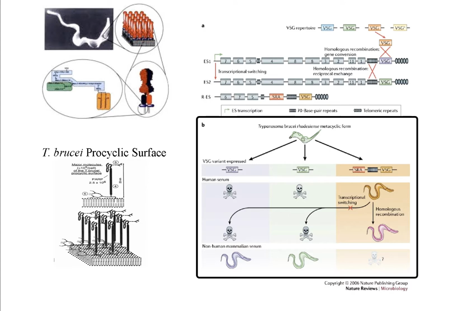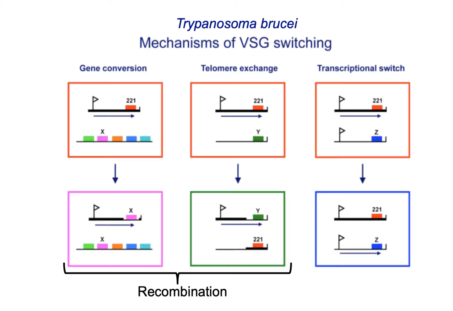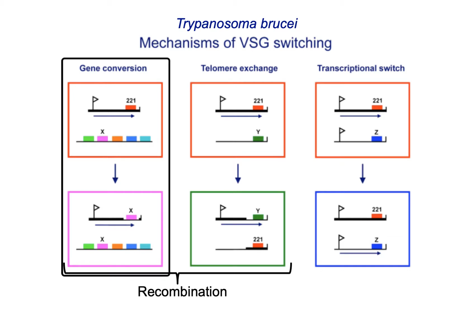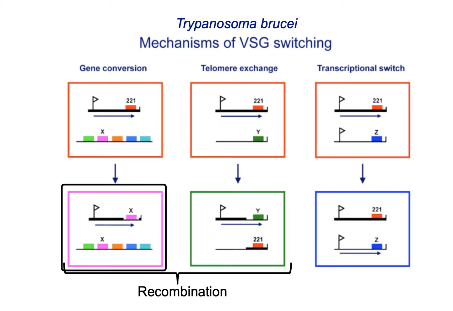It kills all of the organisms with the old proteins, but now you can get further growth of these trypanosomes because the immune system doesn't recognize them. So it has several mechanisms for evading the immune system and undergoing recombination of one sort or another. The first is gene conversion. So here is the expressed version up here, and then here are the extra copies of parts of that protein. And by recombination, it can flip one of those versions out and flip a new version in